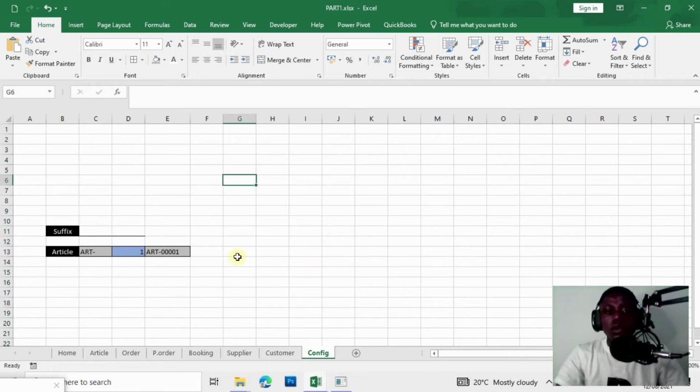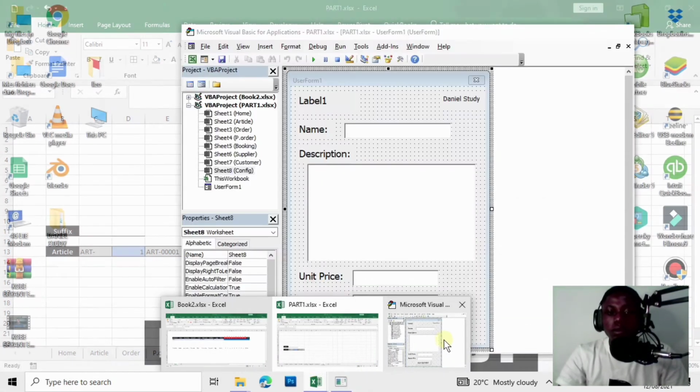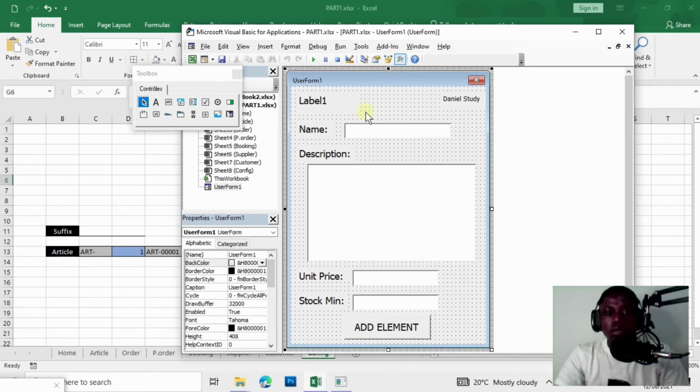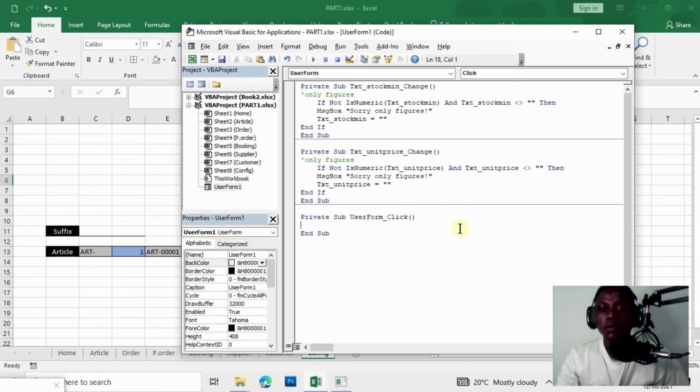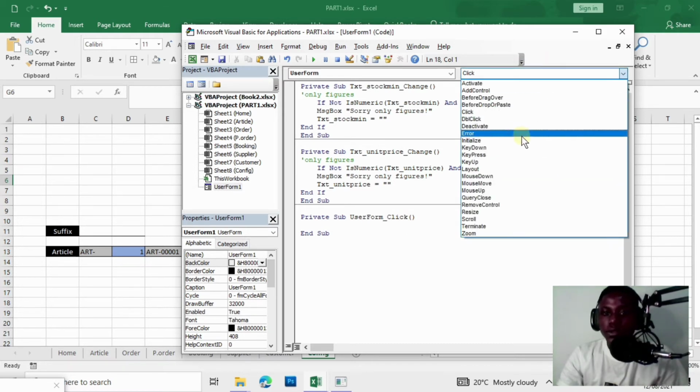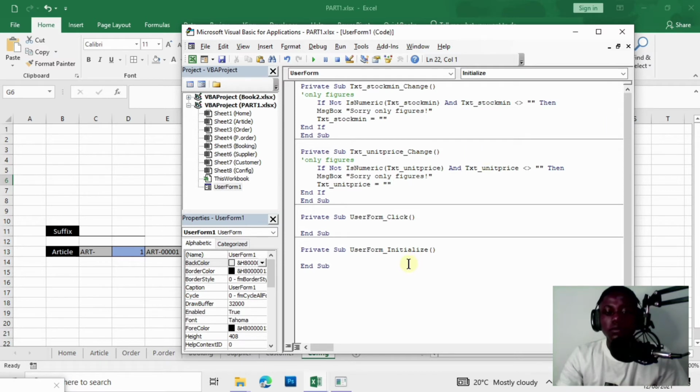So that's it. And then we're going to go back to Developer or Visual Basic. Here we're going to configure it. We're just going to press on the user form itself. You double click on the user form, and you see here UserForm_Click, because you clicked there. Then we're going to change this Click into Initialize. We're going to choose Initialize. Then we're going to put here on Initialize because we want it to appear